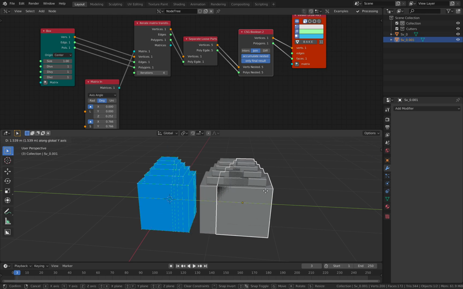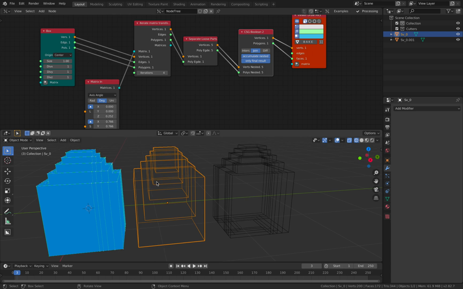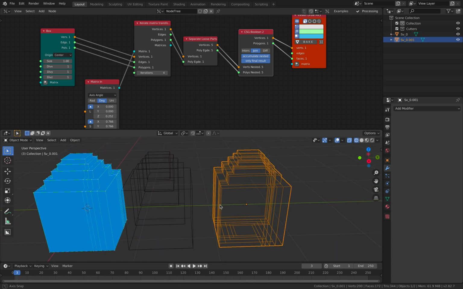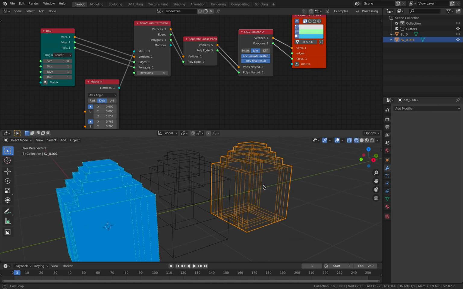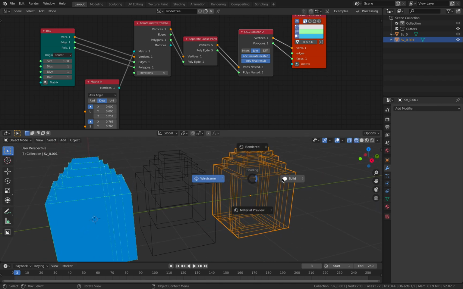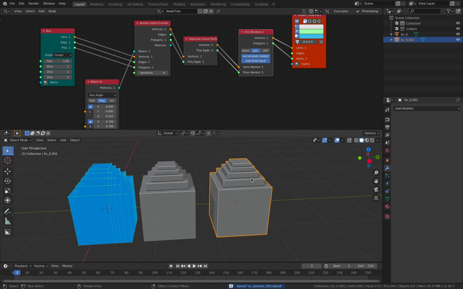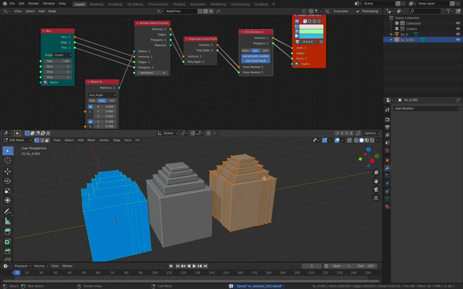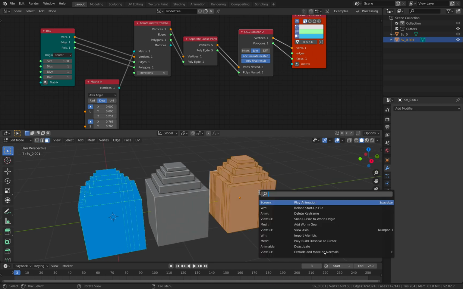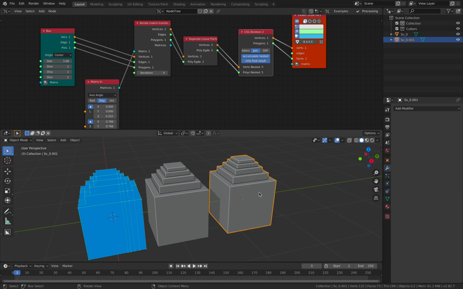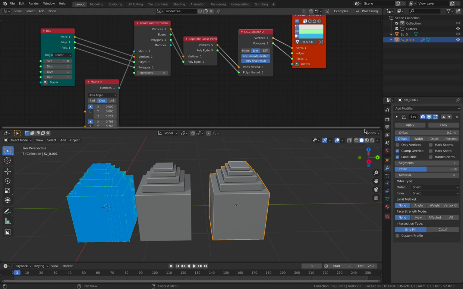Bake. So this time the result is not overlapping. It's not an overlapping box, but it's actually single. Even though you can see the topology is a bit funky, it's not bad actually. We can perhaps clean it up if you use limited dissolve. Yeah, see, much cleaner, and you can perhaps bevel it